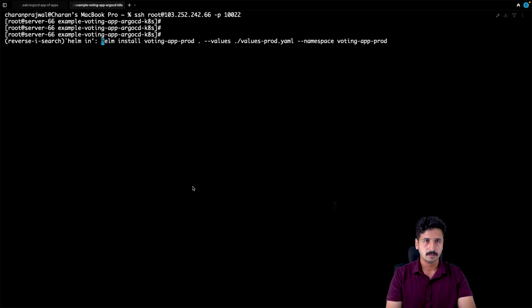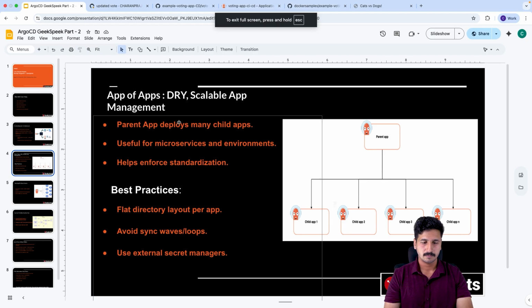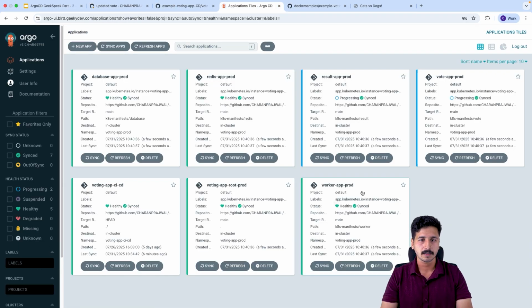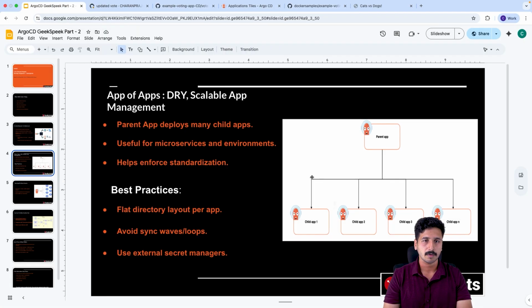Let's install the prod first. Yeah, it's deployed. Just to verify. Yeah, as you can see, the app of apps pattern has done its job. If you could see, it has deployed the root application and its corresponding child applications. So yeah, that is how you deploy an app of apps pattern that is scalable